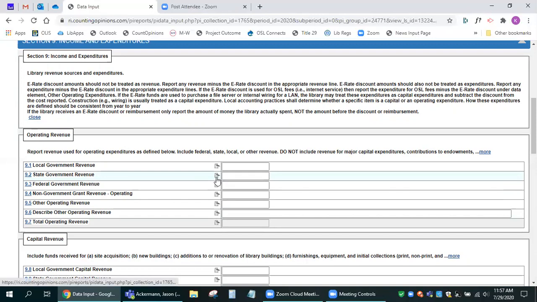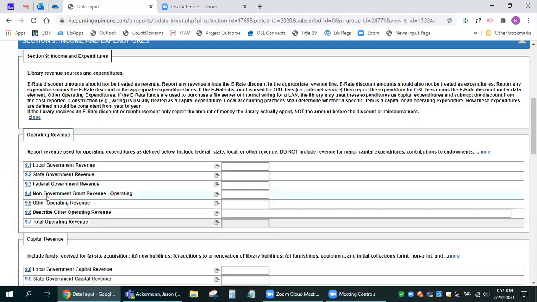This would be a good place to put a note to explain you received a legislative grant in this particular amount. For the federal government revenue, also very helpful if you receive revenue from more than one source or have more than one federal grant, such as you received CARES Act funds and also a Lori grant. You would want to use the note to parse out those specific amounts.